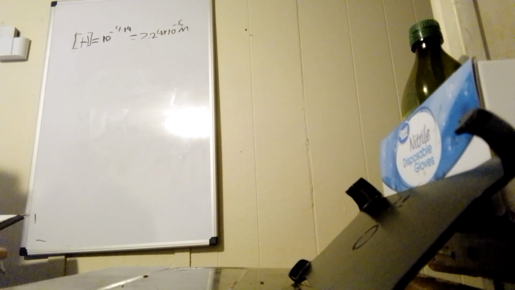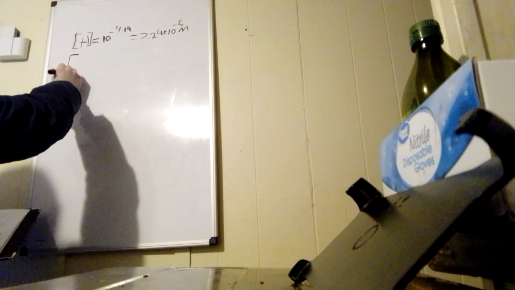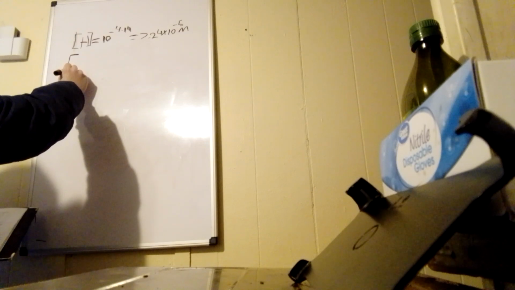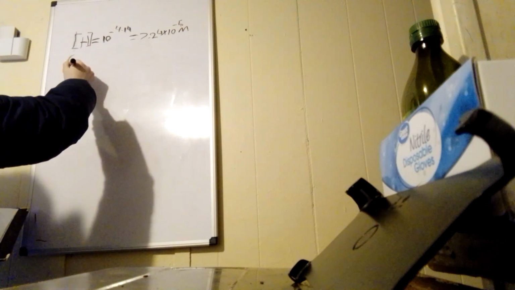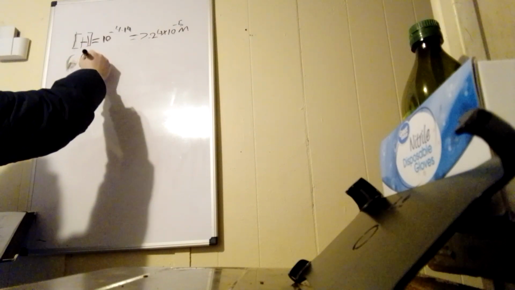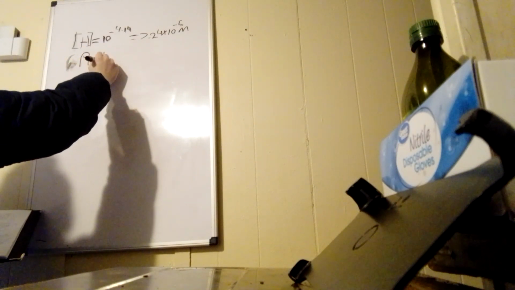Then if we were to try to get, so we solved for the concentration of H. Now we can try to solve for, well, we can't yet because I gotta solve this first. So, to get pOH, to be able to solve for our concentration of OH, we take our